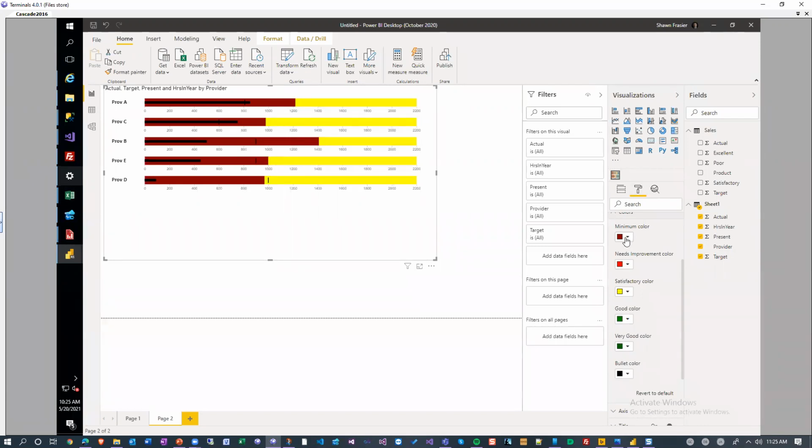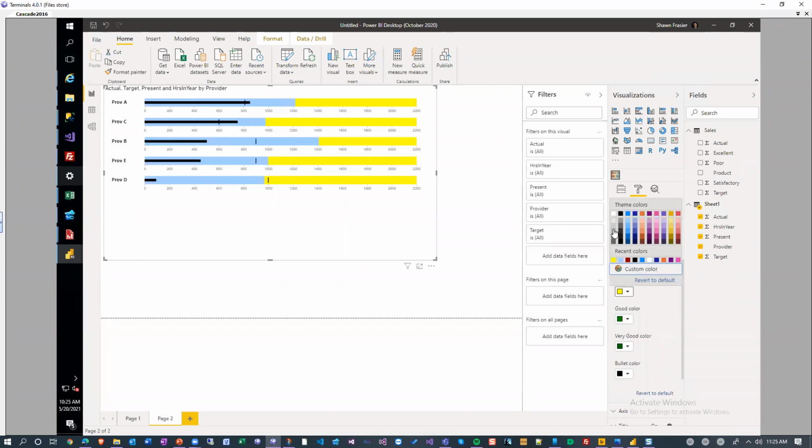The colors, it doesn't jive exactly. So we're going to see what we can do here. Okay, that looks a little better. And then let's make the satisfactory a light gray. There we go. That looks a little better. That's a little cleaner. And then you could put in some labels